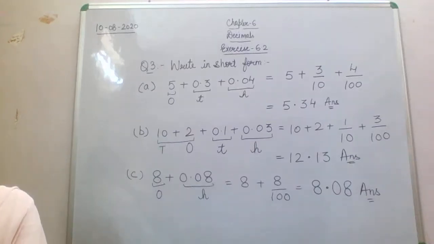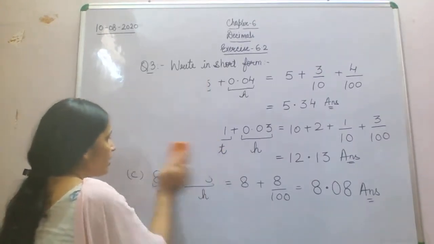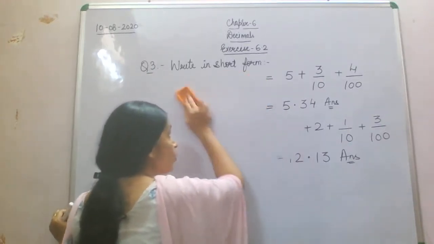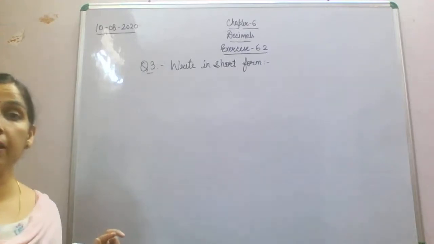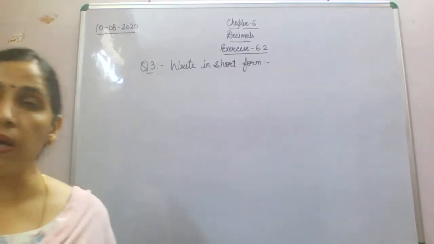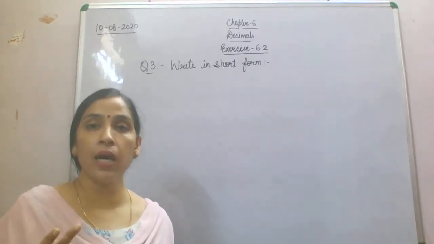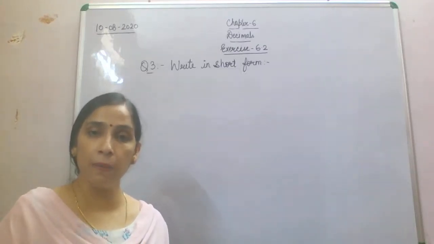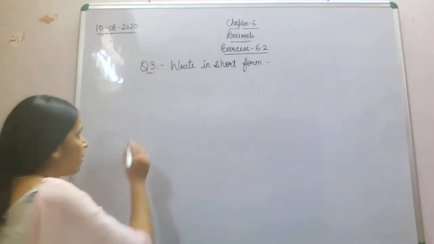So children, we will do D part, which is same as this, but a little bit of a twist there, a little bit of change in that question. You just see. But the only thing you have to remember in these questions are the steps. First, you have to write the expanded notation, whichever notation will be given to you. Second step, write down the decimal part using fraction. Then write it into decimal number or short form by using point. So let's start our D part.